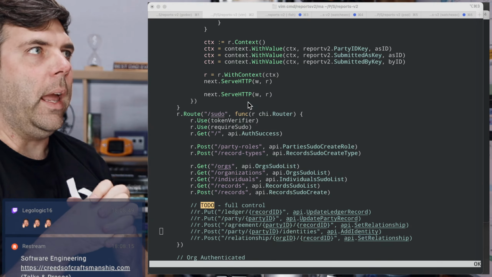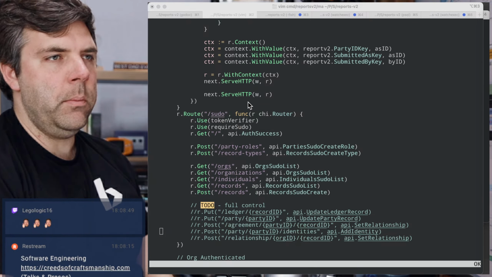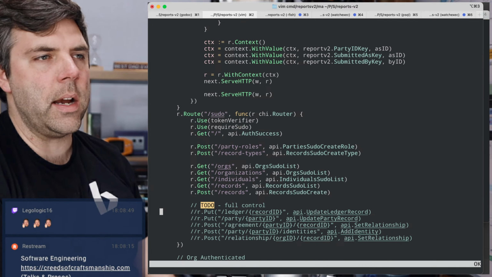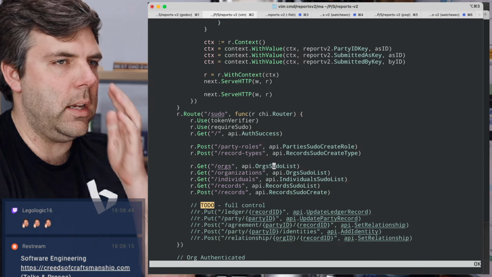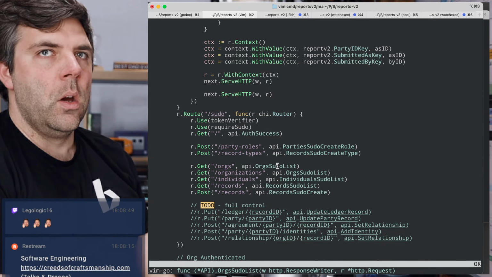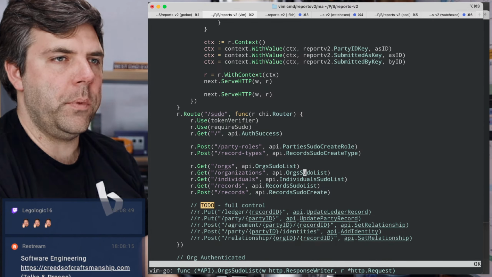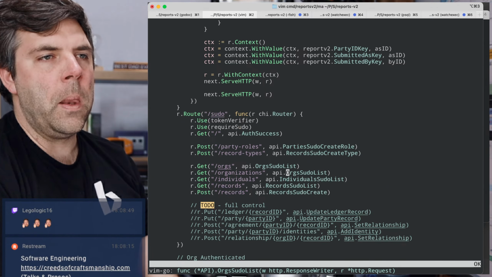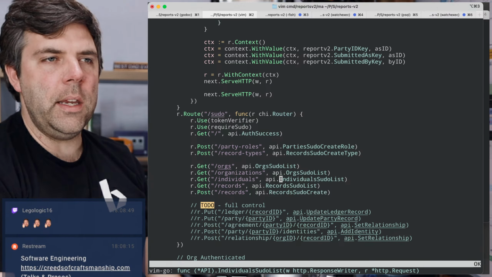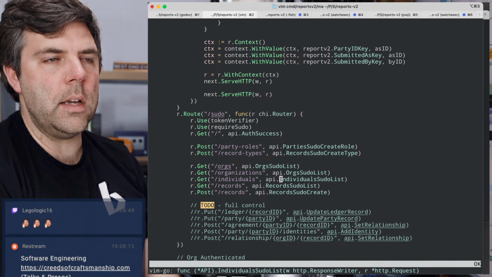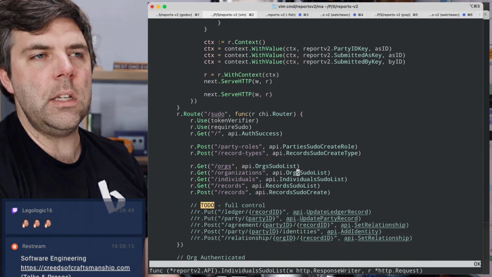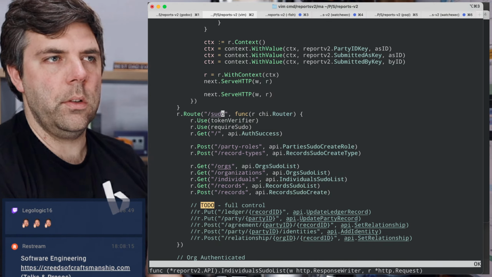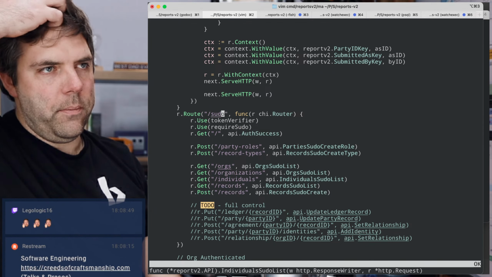So you can see here, and I don't know that I've got the naming structure quite right, and it's not consistent because I've been changing it as I've been working around different things, but you can see orgs, sudo list, individual sudo list, etc. So if something is privileged, the function doesn't check. I don't have each of these functions checking the permissions. The permissions are checked at the route level.